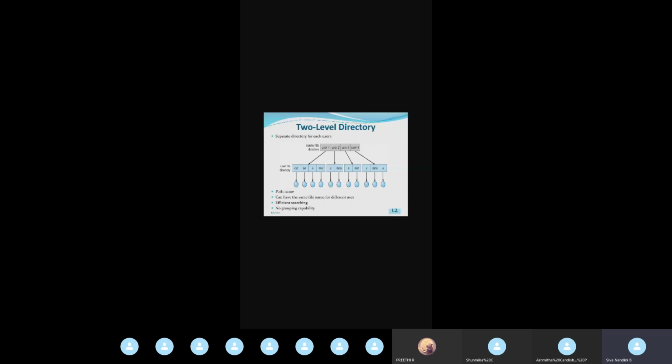So it will be easy for me. Say there are 1000 files, and those 1000 files are grouped under 5 users.